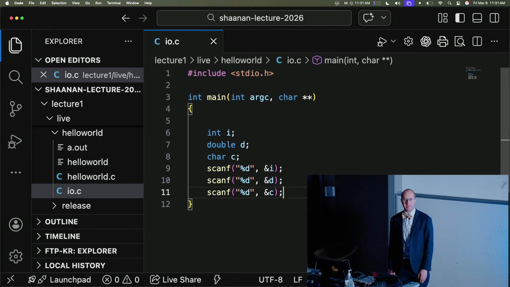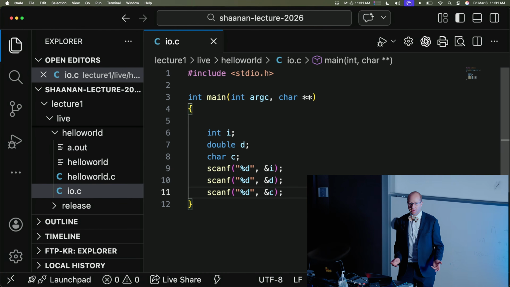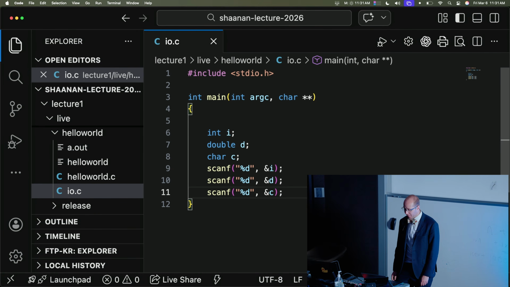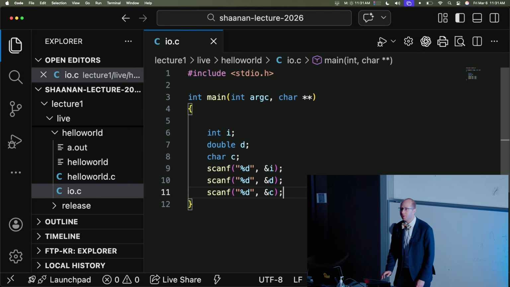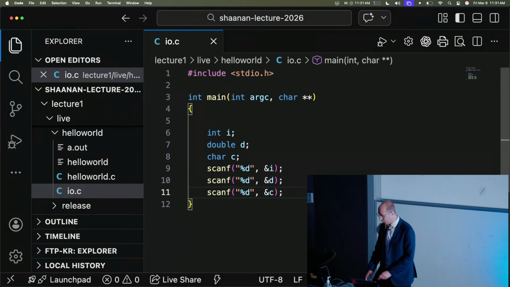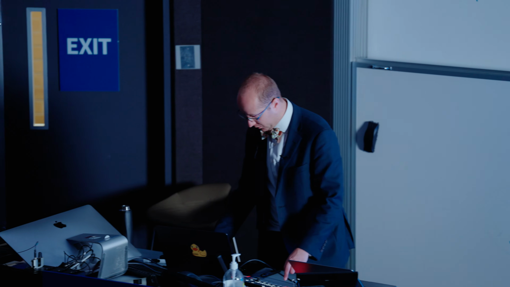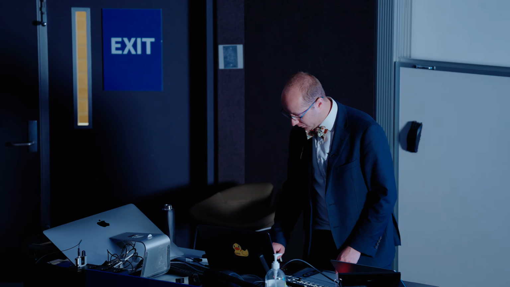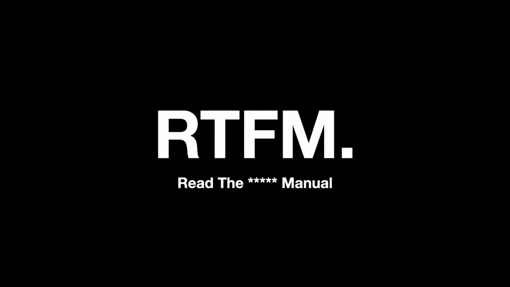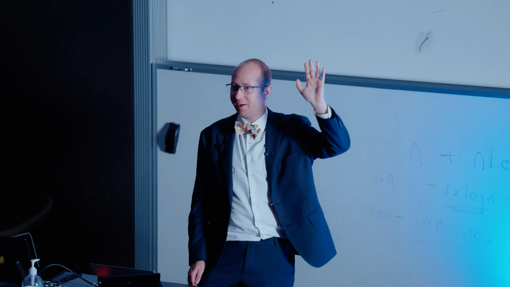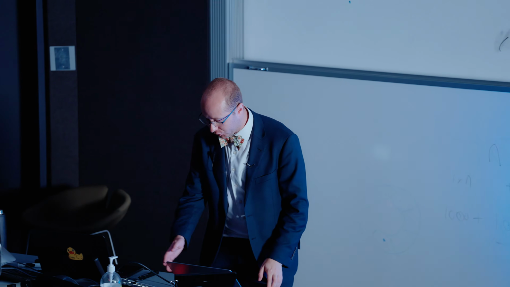So right now, my format specifier for all three of them is the integer format specifier. But the second thing that I've asked for is a double, and the third thing that I've asked for is a character. So you can look up in the manual, and I will show. You can actually look up inside the computer's manual what is the right format specifier for what type of thing. And so this is an old piece of internet slang. How many of you have seen RTFM before? This is more like 1990s internet slang, but it stands for read the effing manual. And in this case, that holds true as well.